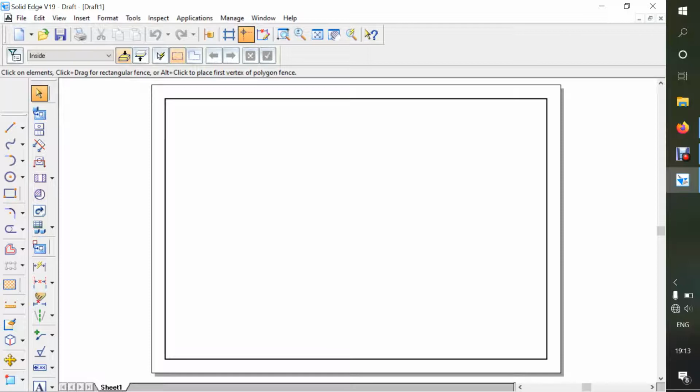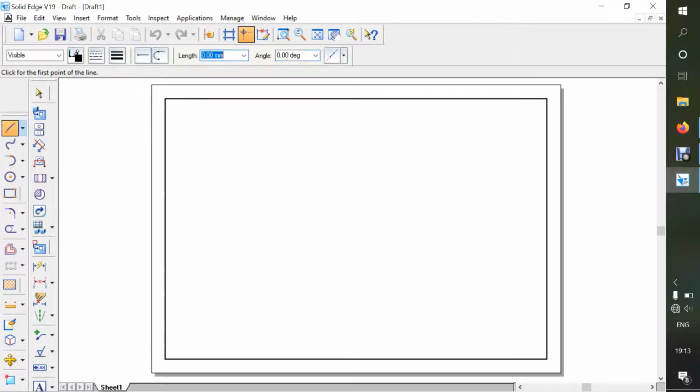So you have to go to Sheet 1 or File and do the sheet setup. Once you do that, we have already understood in the theory that we will be having a VP and HP, the vertical and horizontal planes. To show that on a 2D diagram, we have rotated the horizontal plane 90 degrees downward. In order to show the HP and VP, we are going to have a reference line, that is the XY line.